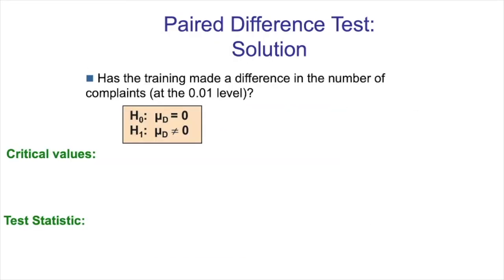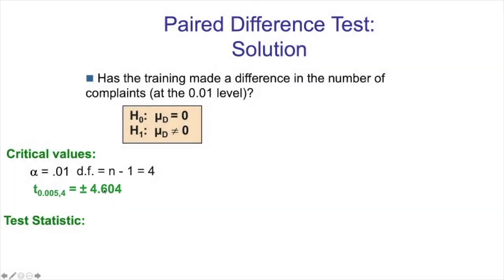So let us set it up first. What are the hypotheses? Well, you are trying to see whether the before-after difference is equal to 0 or not. So your hypothesis H0 is mu d equals 0, and your H1 is mu d different from 0. What are your critical values? Well, this is going to be a t-test. It's a t-test at the 0.01 level, so alpha equals 0.01. The degrees of freedom are 1 less than your number of observations. We have 5 observations, so the degrees of freedom are equal to 4. And so your critical t is t of alpha over 2, equal to plus or minus 4.604